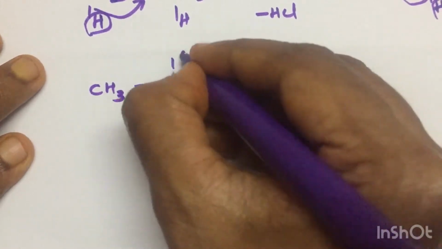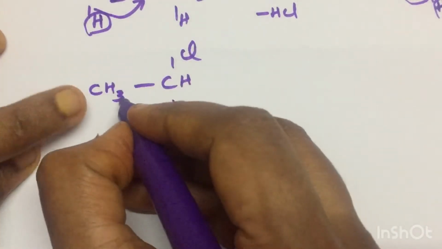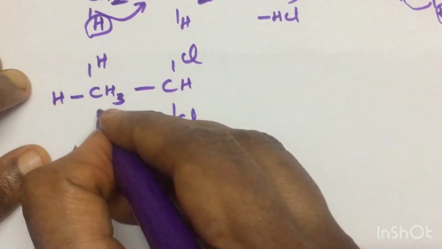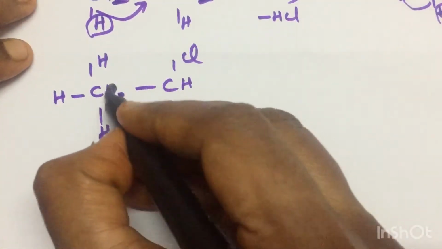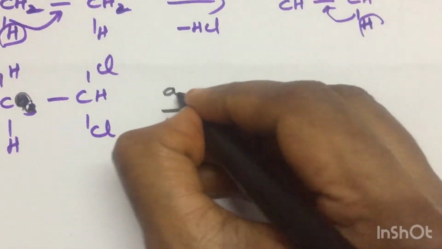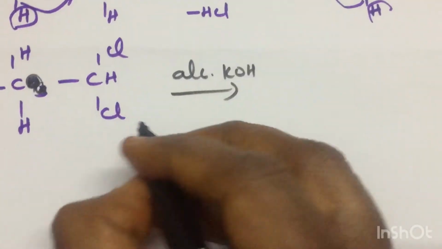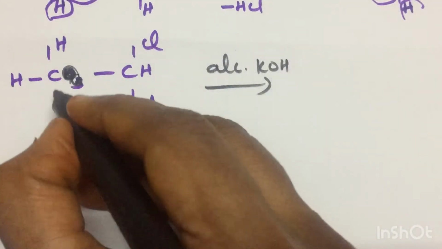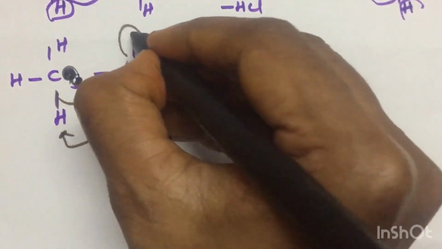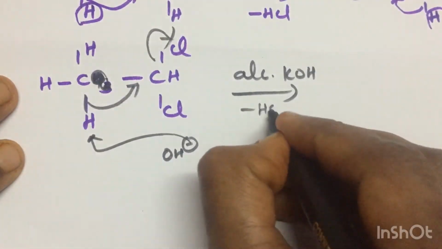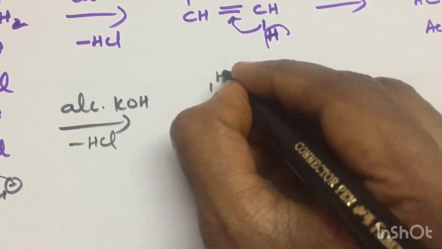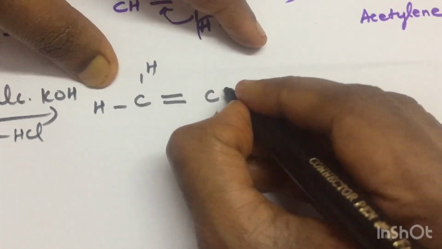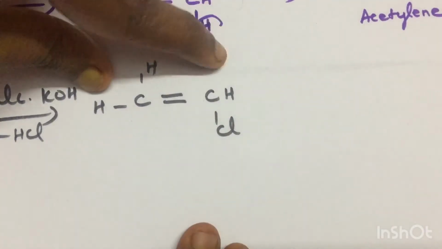Now we will check the second one, the other dichloride. Here chlorine, chlorine. I'm going to write the 3 hydrogens separately: 1 hydrogen here, 1 hydrogen here, and 1 hydrogen here. What happens when I treat with alcoholic KOH? OH minus is a base and it will look for a proton, so it will take the proton. The bond will move here and one chlorine will go. So first HCl elimination takes place. One hydrogen is removed, leaving a double bond, since unsaturation forms during elimination.